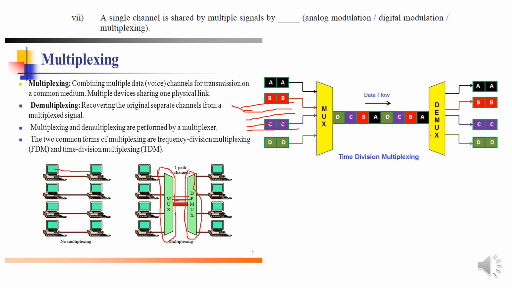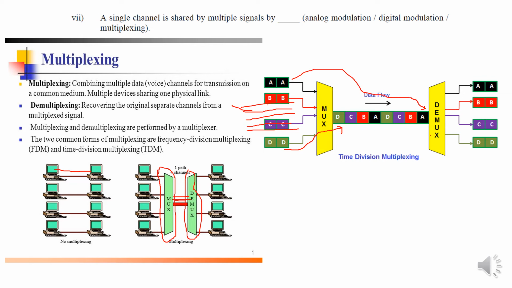For the first time instance, we see that this system is using the channel. First A has used the channel, completely exclusively, and for that time the others are not sending data. Then once the time slice or time quota of A is over, B is using the channel with its data. Then C is using, then D is using. This is time division multiplexing. The same channel is used one by one.